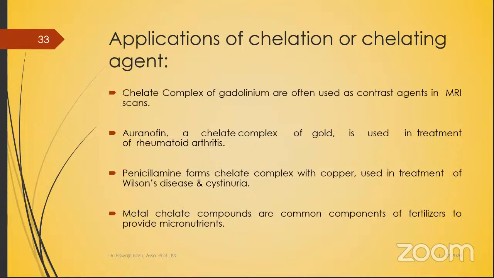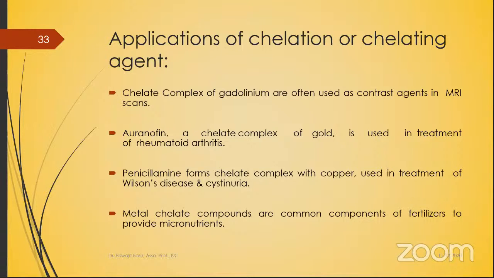Then auranofin is another example of a chelate complex of gold that is used in the treatment of rheumatoid arthritis. You must have heard the name arthritis, severe pain in the joints. So in the treatment of rheumatoid arthritis,